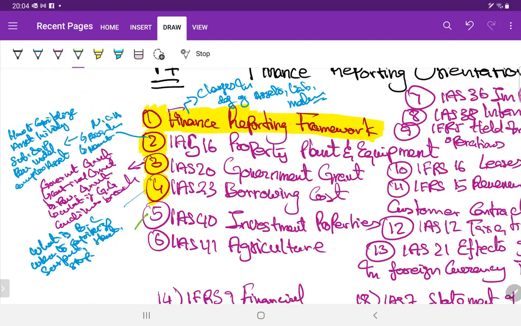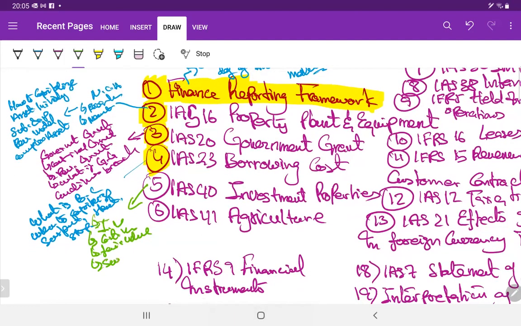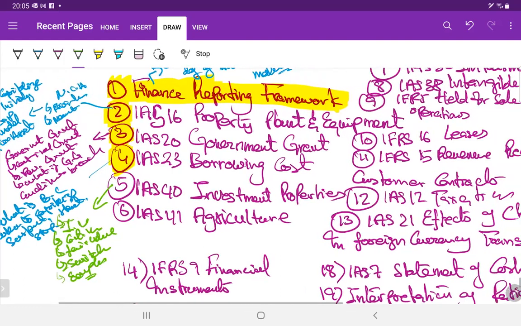we will have the next topic, which is IAS 40, Investment Property. So we will learn what is investment property, what are the investment properties, we will learn about the cost model, we will learn about the fair value model, right? We will learn the treatment when we switch between the cost model and the fair value model, along with examples, and that's our IAS 40. Okay, next we will have